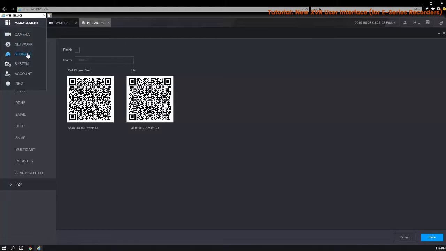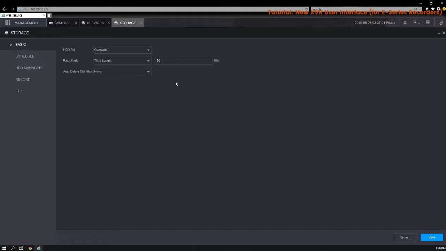So next option is storage. Storage here, I don't have anything added to this unit, but here you can actually add what you would like to do when the hard drive is full. You can overwrite, or you can stop recording completely. Usually it's overwrite, so where if your recorder has enough space for your cameras to be recording for 30 days, then after the 31st day or the first day of the month, it's going to start recording over the old footage